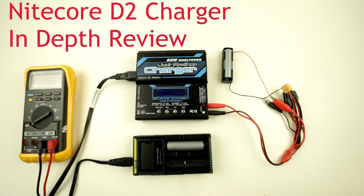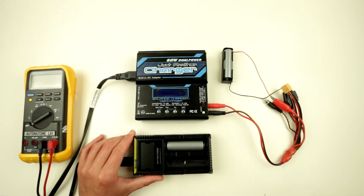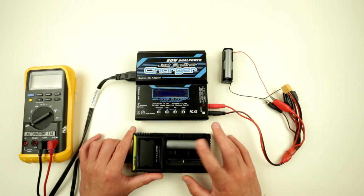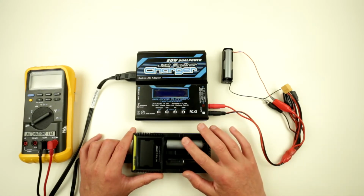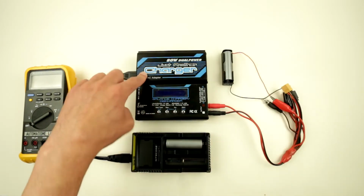Hi guys, as I promised, I would like to look a little bit more in depth into this Nitecore D2 Charger. So this is an intelligent charger from Nitecore, which is supposed to charge multiple different kinds of batteries, including the very popular 18650. So I have charged this particular battery with the Nitecore D2 and this battery with my